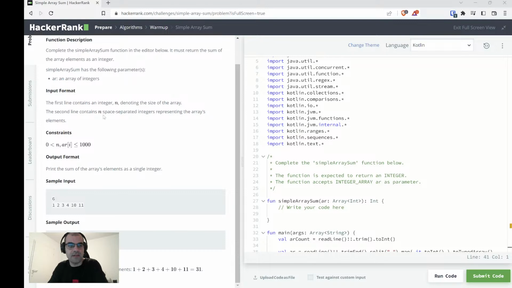And the second line contains n separated integers representing the array's elements. The constraint is that each element is between 0 and 1000. The output format will be to print the sum of the array's elements as a single integer. So if the sample input is 6, because we have 6 numbers, and 1, 2, 3, 4, 10, 11, the sample output is